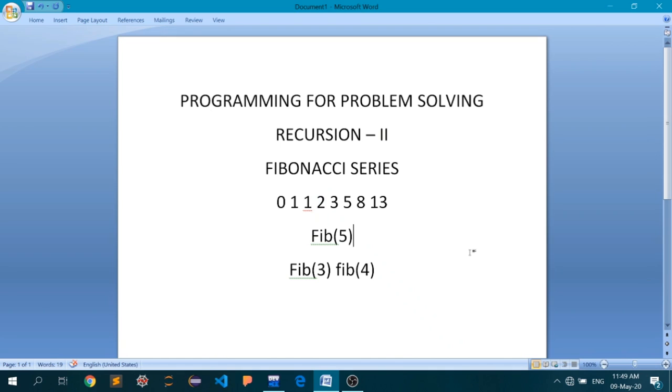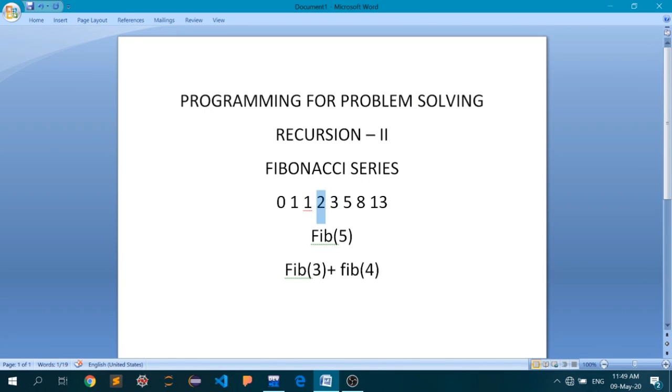And as we know, if we have to calculate the fifth index value, all we have to do is add the previous two values in the Fibonacci series. So the previous two values will be fib(3) plus fib(4). So this value here plus this value will make the next value in the Fibonacci series.